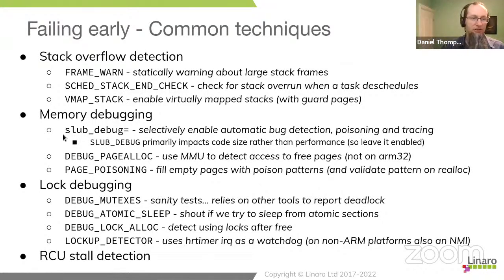So at boot time, you can put this slub_debug= argument on your command line and command what you want to do. So you can do things like look for abuse, you can look for double free, you can track who's allocating memory so you can chase down leaks. You can turn on something called poisoning. Poisoning is very, very simple. It's basically when a block is deallocated, you fill it with a poison pattern. When it's reallocated to somebody else, you check the poison pattern, verify that it hasn't changed. This will help you spot writes after free. You can also poison with undefined values. So if you've got a memory allocator that gives you memory in an undefined state, you can actually poison it with undefined values so that you can spot if, for example, pointers are followed in the wrong direction and so on.